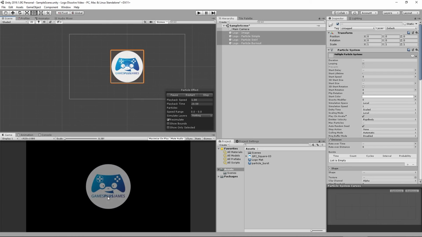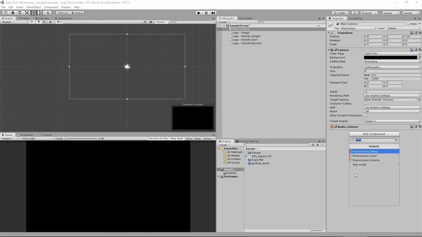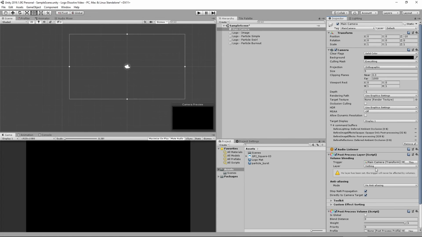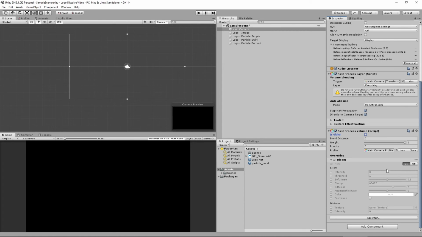One final thing we can do just to make this more interesting is, if you're familiar with the post-processing effects in Unity, if you have the package installed, I can go to my main camera here. I'm going to very quickly add a post-process layer, I had it already there. I'm going to add a post-process volume. We're just going to set this up very quickly, add a new profile, add an effect of bloom, and if we turn this on and turn the intensity up to 1, now when I press play here,